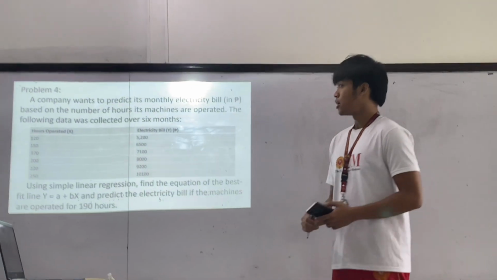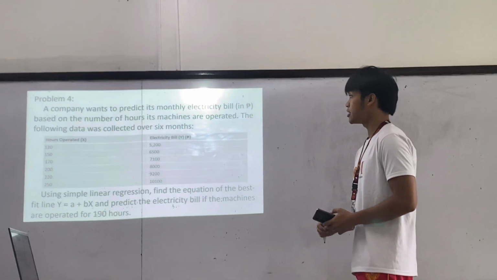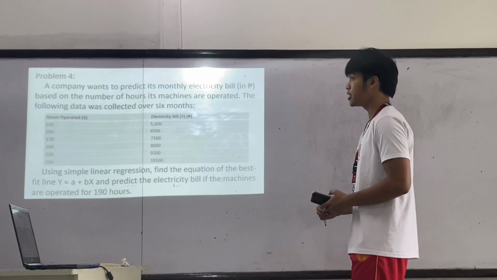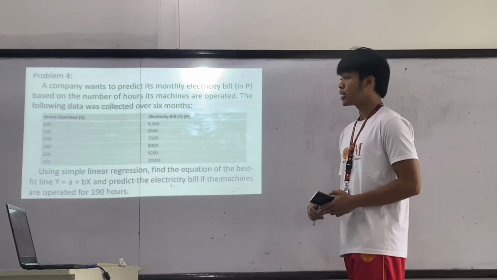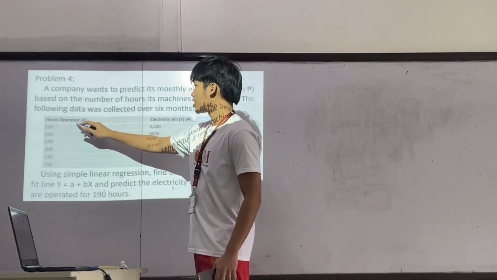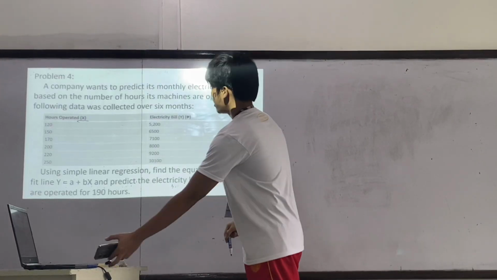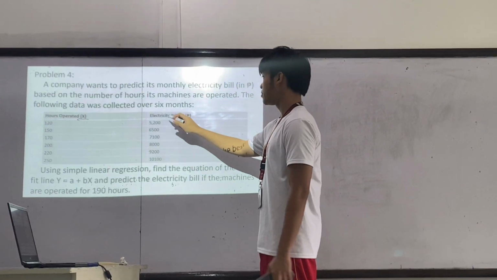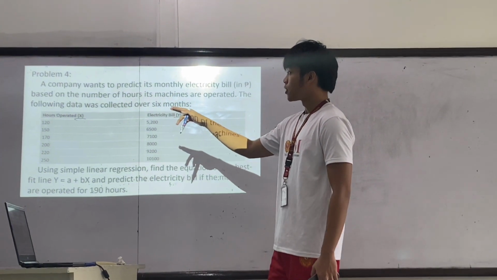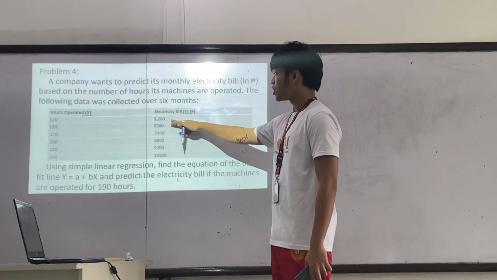The problem says that a company wants to predict its monthly electricity bill in pesos based on the number of hours its machines are operated. The following data was collected over 6 months. So we already have our independent variable, which is the hours operated, and the dependent variable, which is the electricity bill. So with 120 hours operated, the bill was 500